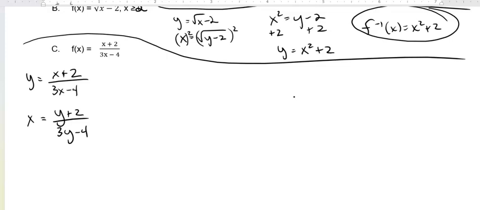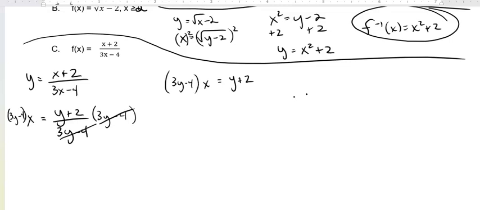So this looks a little complicated because I got two y's. How am I going to get one y? Well, first, do what we'd always do in a problem like this. If you have a fraction, get rid of your fraction. We learned a long time ago I can get rid of my fraction by multiplying both sides by the denominator. And that kills the fraction, right? So that gives me y plus 2 on the right-hand side, and that's equal to 3y minus 4